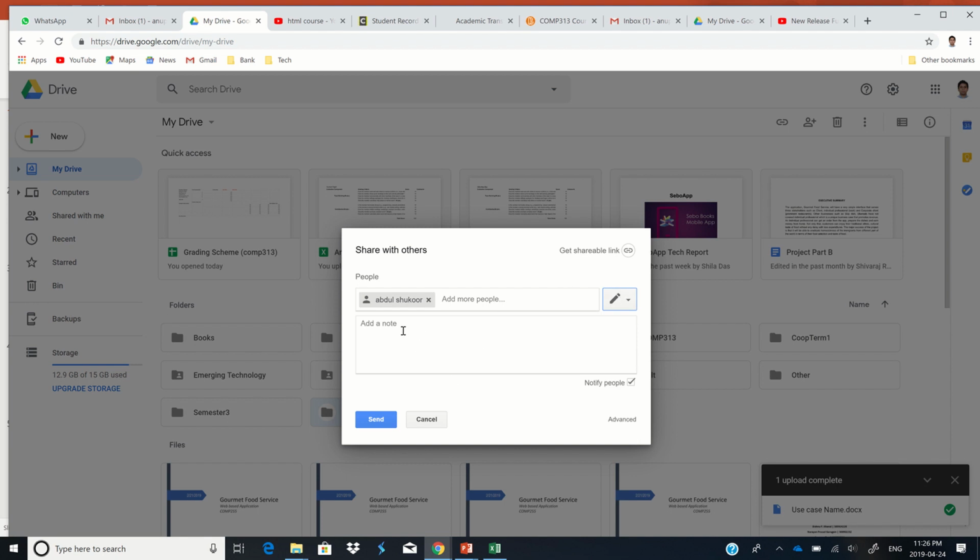And then you can write some message, and you could click this button, then he will get a notification that you're going to share these things. And also